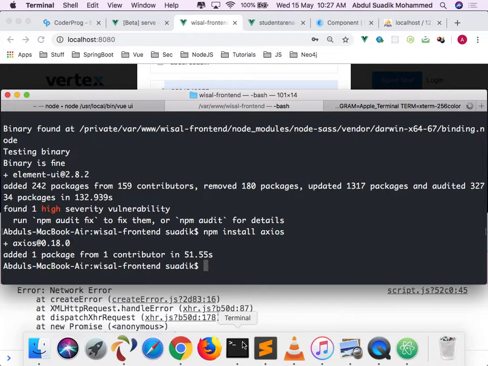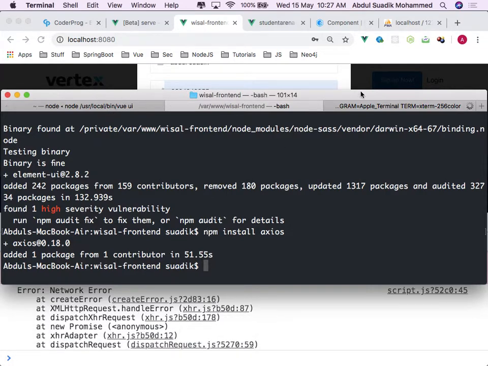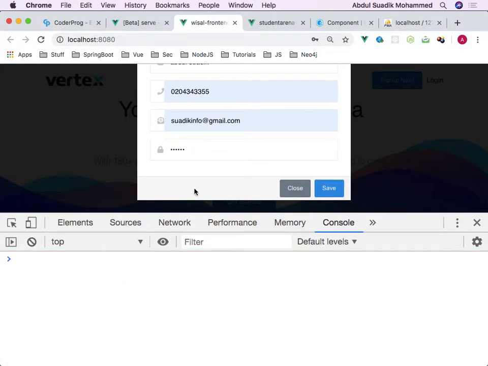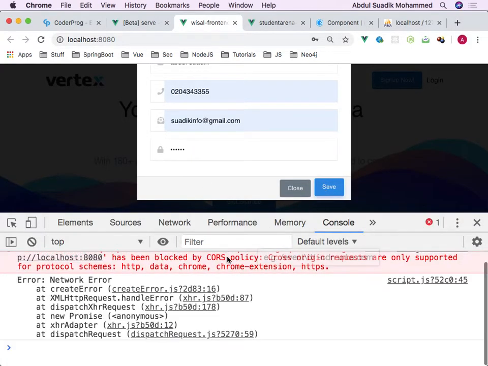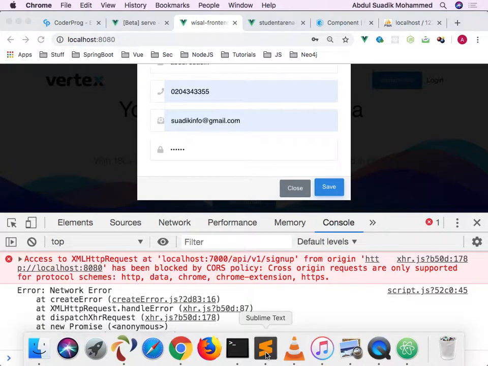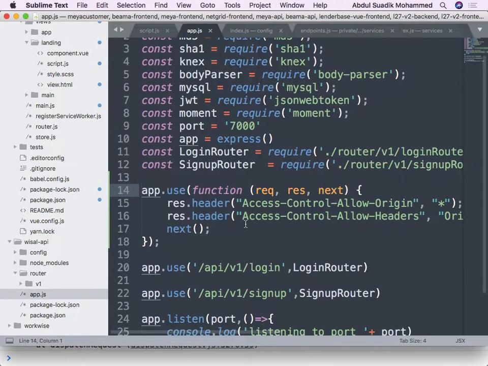But before that, let's check and see if our API is running without any error. 7000 is running without any error. Let's clear this particular error and save again. Okay, what do we have here? It says error. Sign up for 7000 API. Request only supports scheme HTTP, Chrome extension, HTTPS. Let me see what we have inside our